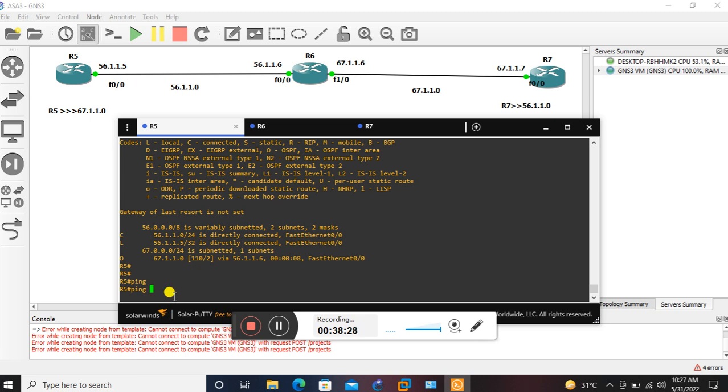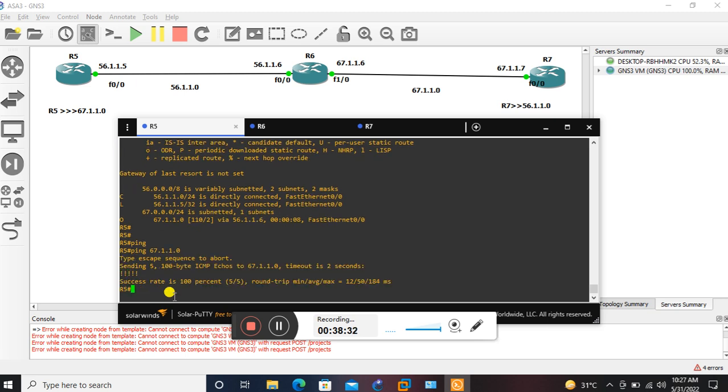Ping 67.1.1.0. Its network is pinging. So this is the basic thing we have discussed, how to configure routing on routers, and what we have learned from this thing is